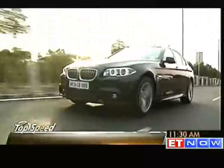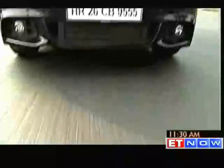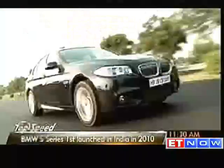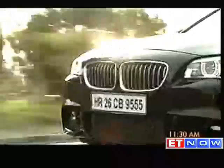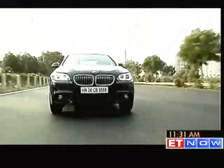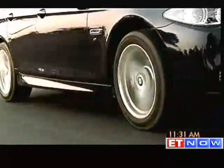BMW first launched the 5 Series in 1972 and till date it has sold over 6.6 million units globally. It made its appearance in India in 2010 in its 5th generation avatar and positioned itself as a premium sedan meant mostly for the corporates as well as the well-heeled. And not surprisingly, the 5 Series had done exceedingly well and become the favorite car of many a luxury car